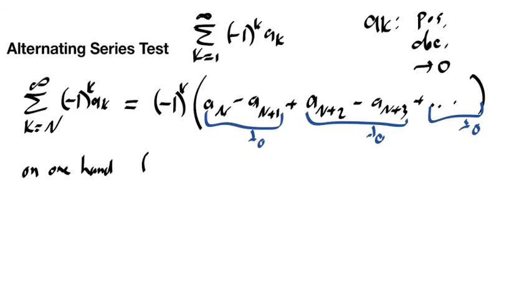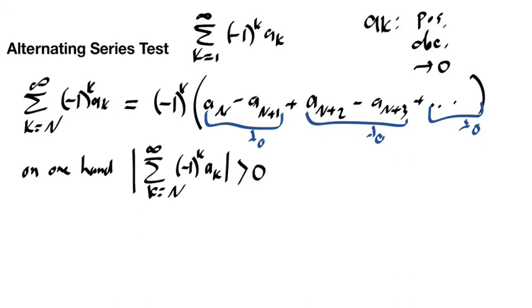Because the series is decreasing, right? On one hand, because the series is decreasing, the sum as k goes from capital N to infinity of (-1)^k a_k, that thing must be bigger than 0 because all those pieces are positive. But then on the other hand,